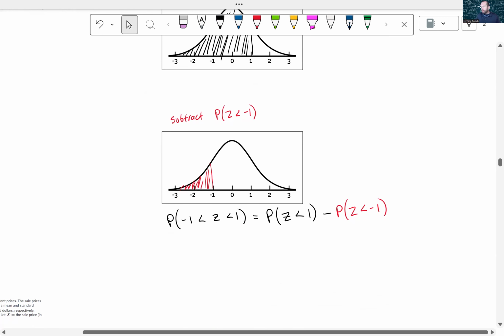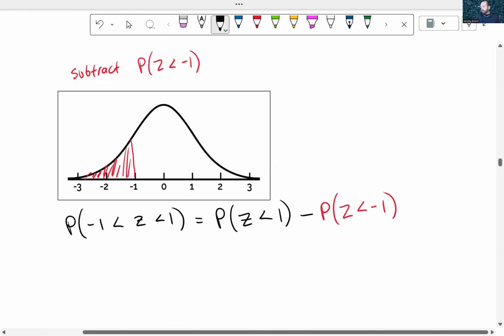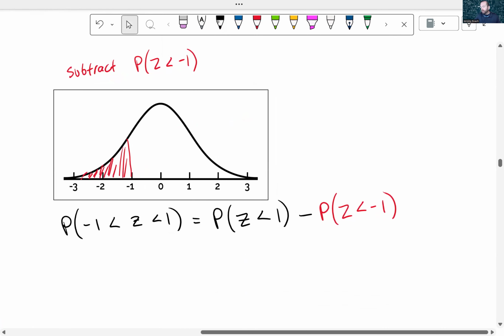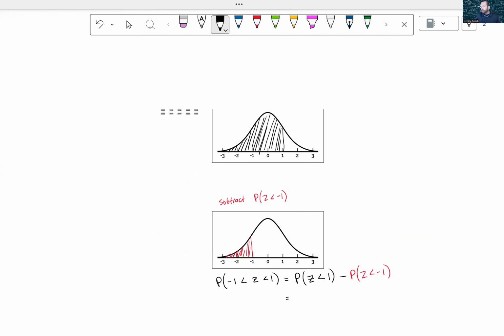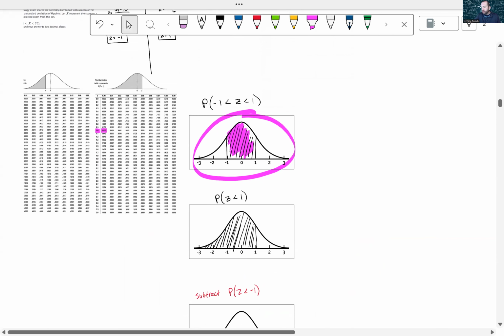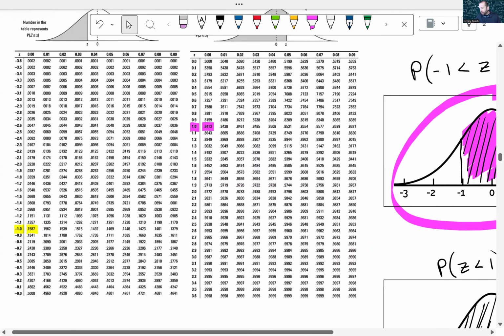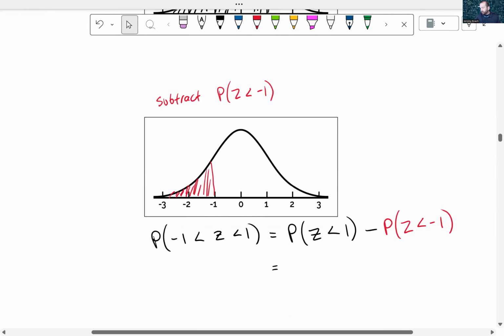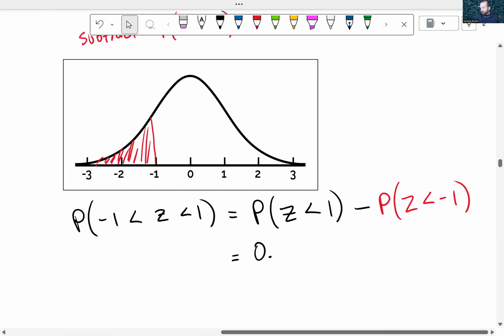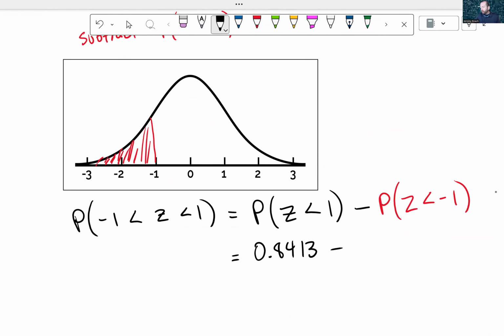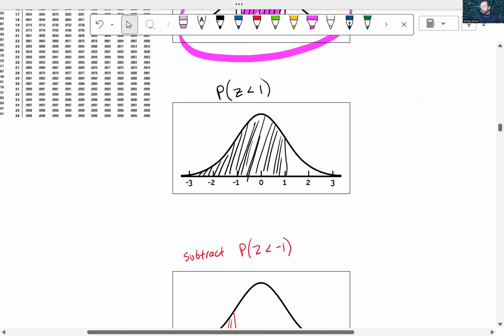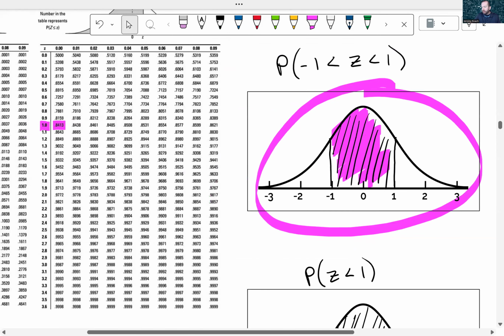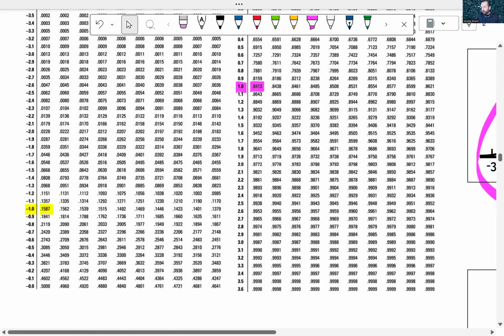Okay, so we've calculated what those values are. We've calculated that the probability of z is less than 1. We found that on our table. If we go back to our table, we'll find where z is equal to 1 on our z table, and we get 0.8413. So go back here, and this is 0.8413. And then we're going to subtract the probability of z being less than -1, which is also on our table. And that's going to be there in the yellow,